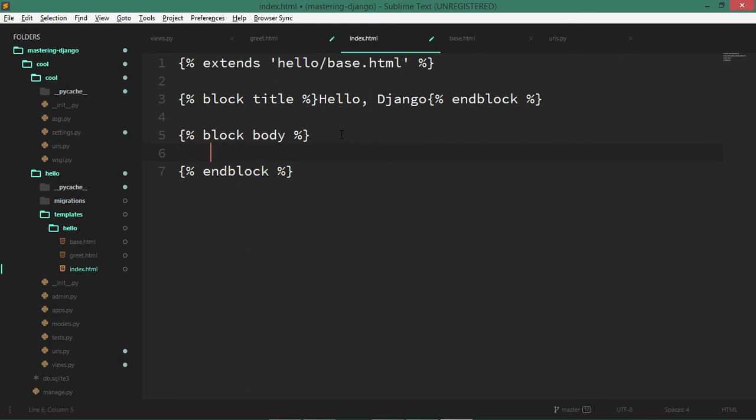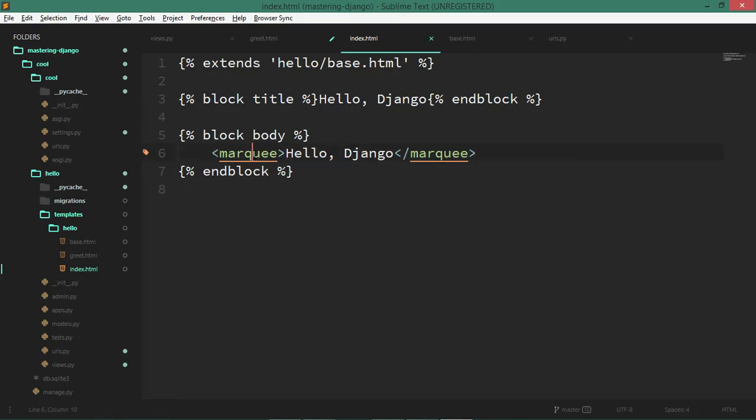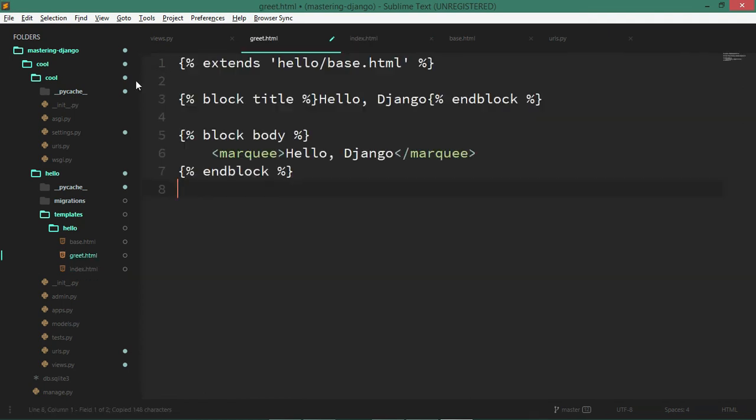Let's have a marquee, if that is still supported. So we should have a marquee and this should say something like hello Django, and yes, this works. Marquee is still supported, so it says hello Django. Pretty cool.